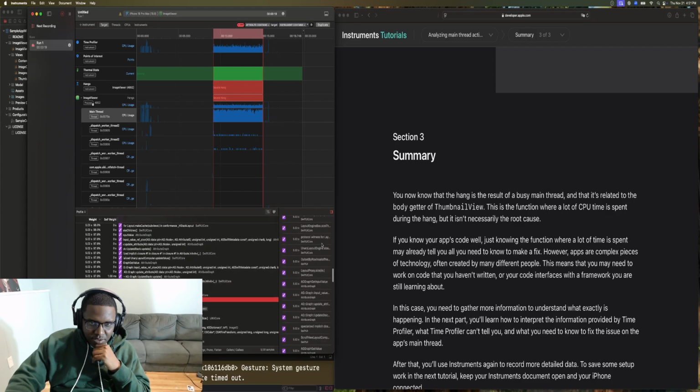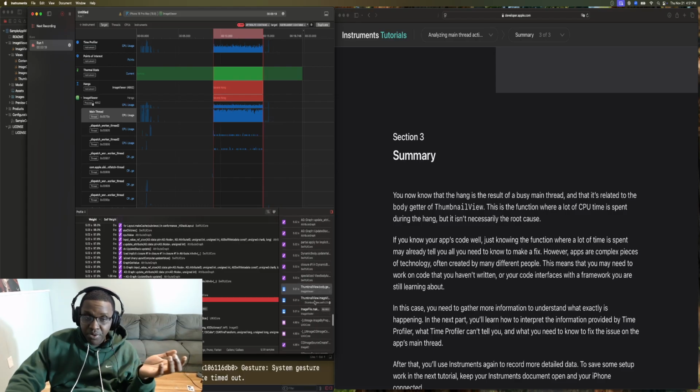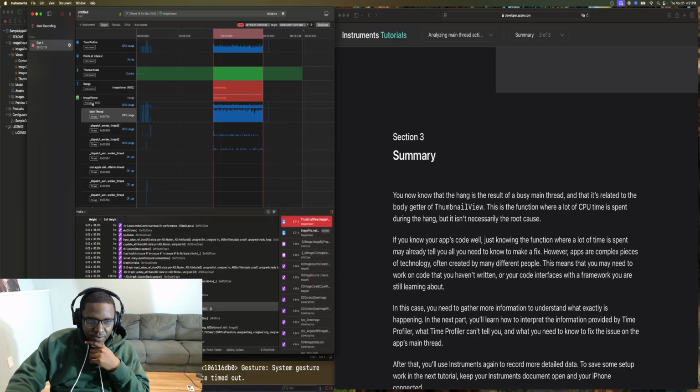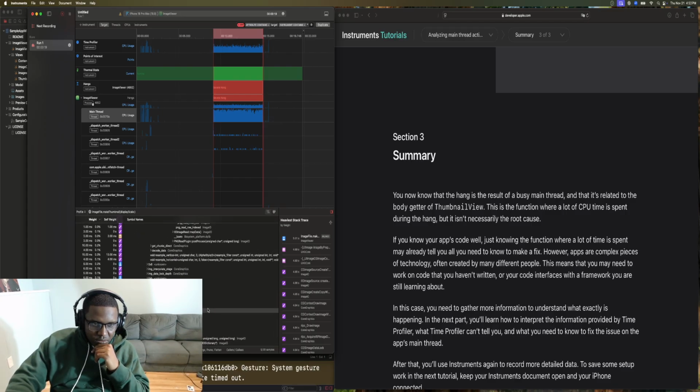And we can tell from the heaviest stack trace that it is the next point where we're running our code, and it's taking a lot of time to actually run. And then we have three of them, so it's this one right here, thumbnail view for the body, and then somewhere in the body we're using thumbnail view, that image view to get the data. And then we have something here we're calling to make a thumbnail. So let's click on this and let's see where this puts us. This should put us inside our